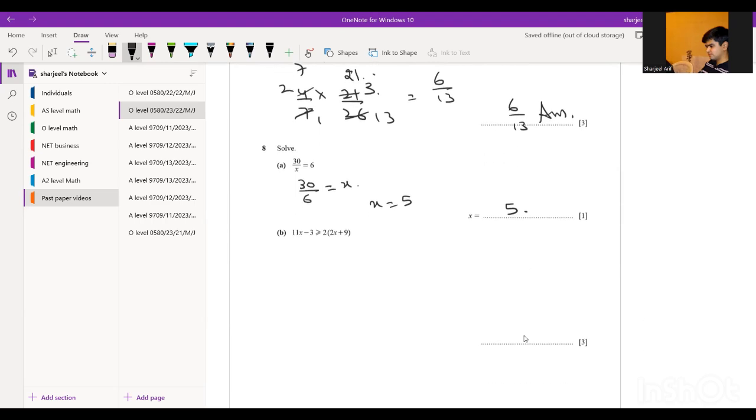For the inequality, we will solve it by expanding the expression first. Switch the positions. So 7x will be greater than or equal to 21, and x will be greater than or equal to 3. That is our answer. For the next part,